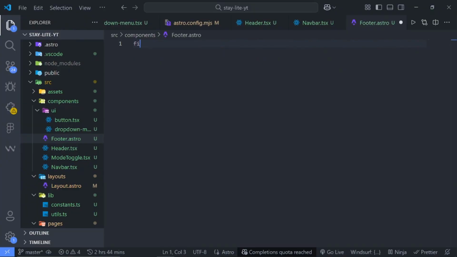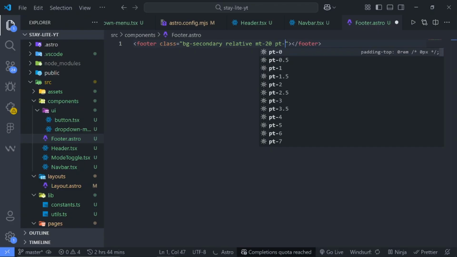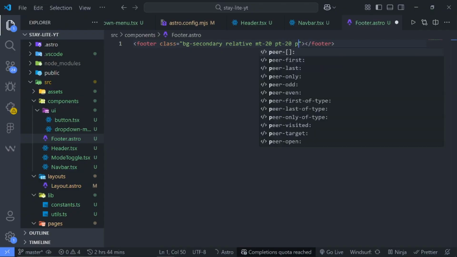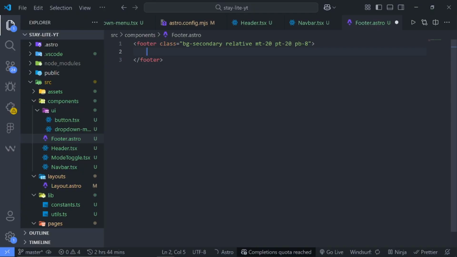Then what we'll do is use the footer tag, and I'll give this a class of BG secondary, set to relative, add a margin top of 20, PT of 20, and a padding bottom of 8. Then inside the footer, we bring in the container